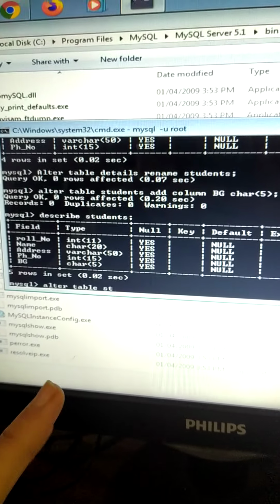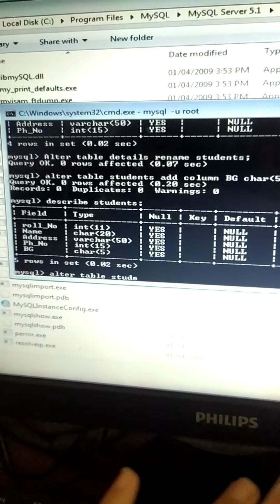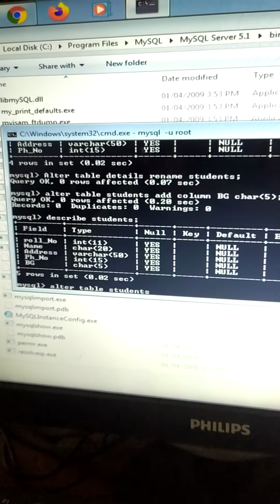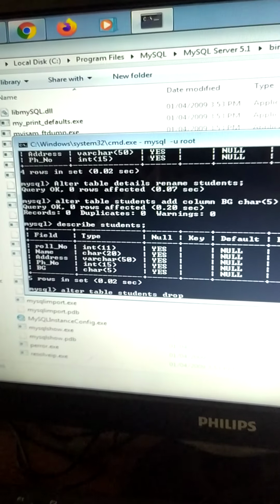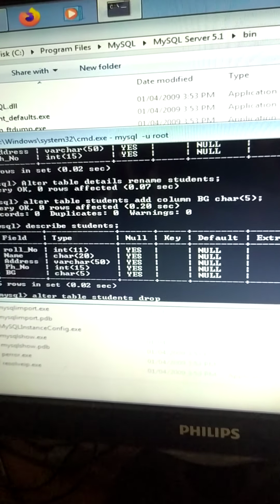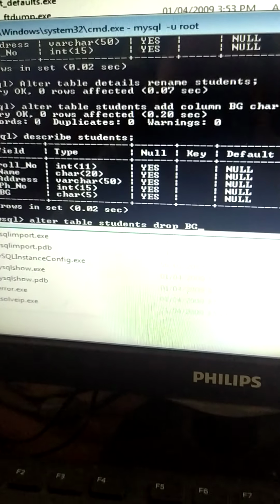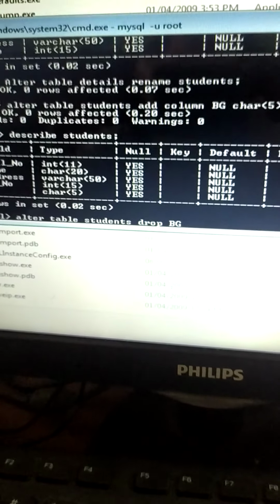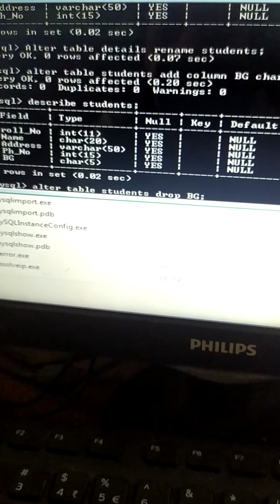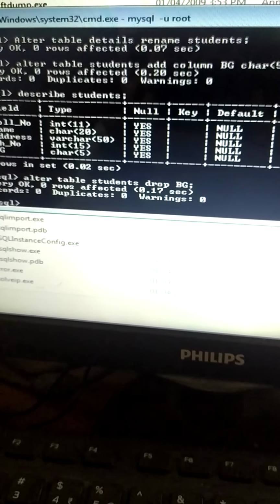Table name is students, space drop. Now column name is BG. Clear? Alter table name, drop the column name and click on enter.